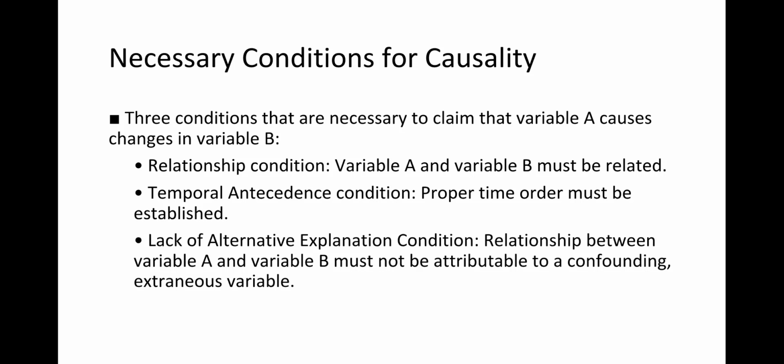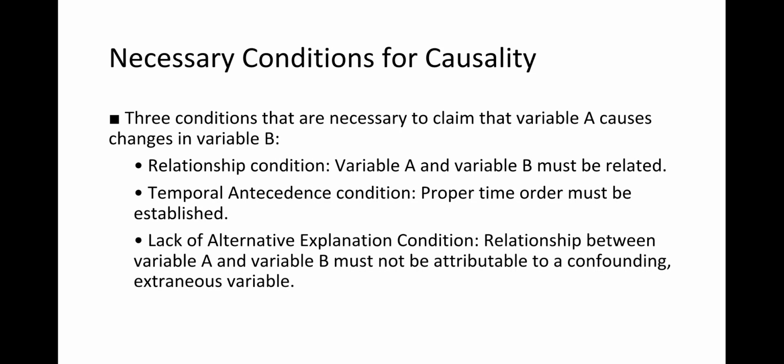So number one, A and B must be related to each other. Number two, if you want to say A causes B, proper time order must be established. If you want to say this gentleman is a son and this gentleman is the father of this son, right? You can't have it the other way around. Are you with me? There are time stamps. This is the father, this is the son, because we are limited to that